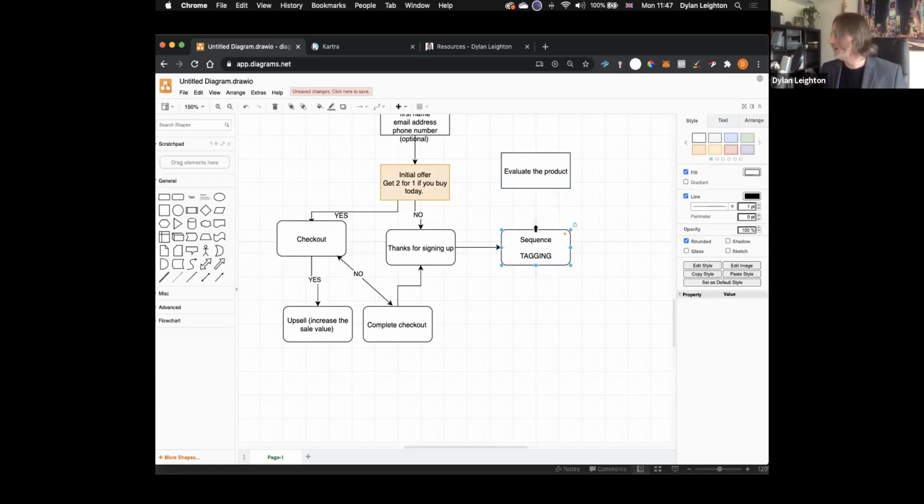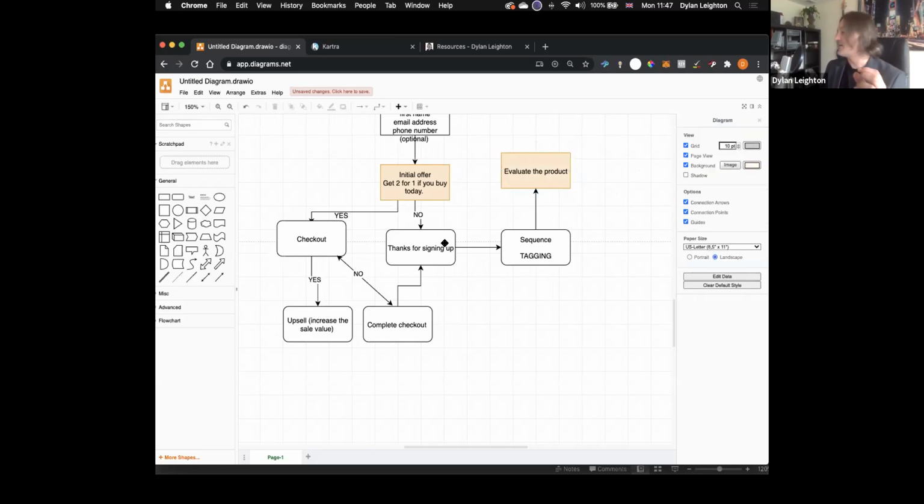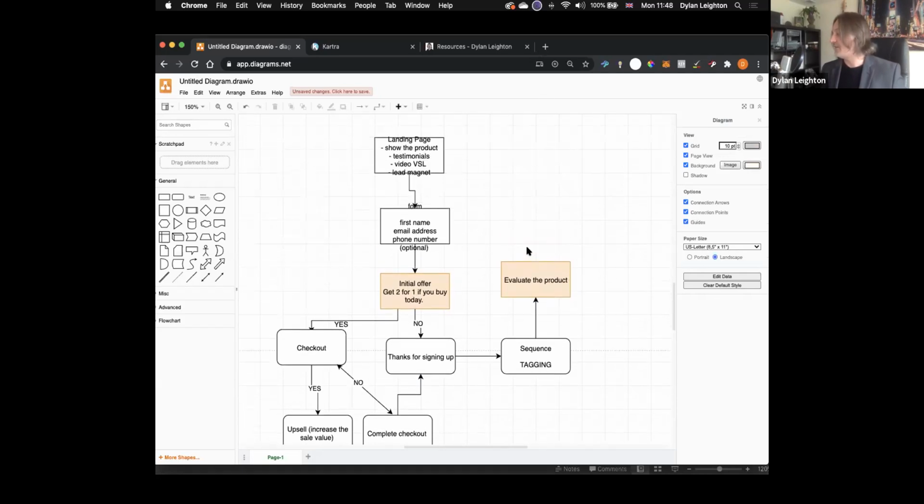If you've ever downloaded an app or a game, you will have seen that loads and loads of times. They'll say after a week or so, hey, are you enjoying playing the game, or rate the product or something like that. That's really important. That's part of the leveraging side of it. So we're going to get them to evaluate the product that way. That's basically how you flowchart it